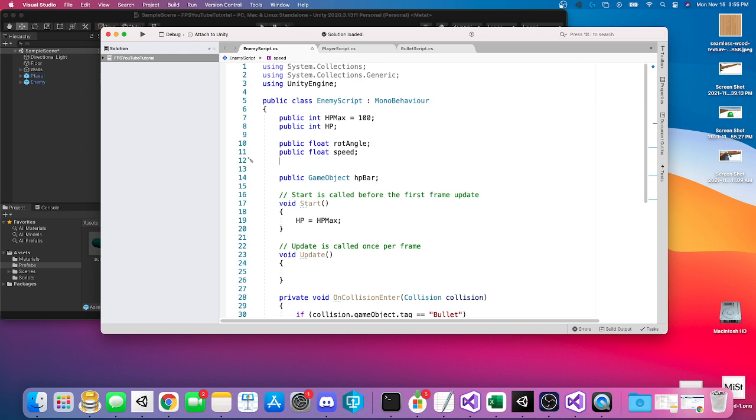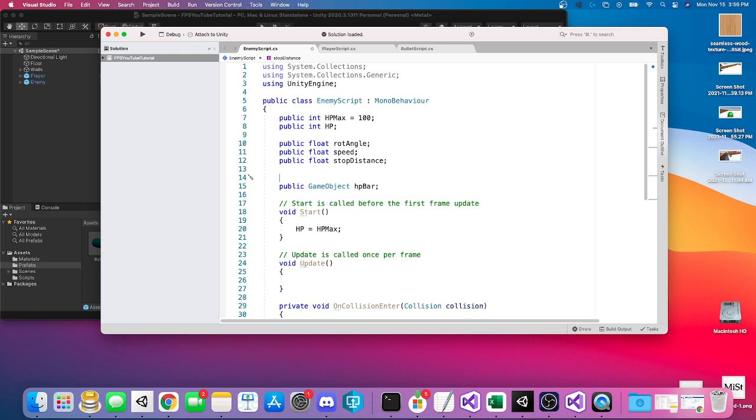The new one that we're going to be adding today is public float stopping distance, stop distance. And that's going to be, again, how far away from the player do we stop, and don't try to get any closer. And then two game objects that we're going to need references to are going to be public GameObject player,